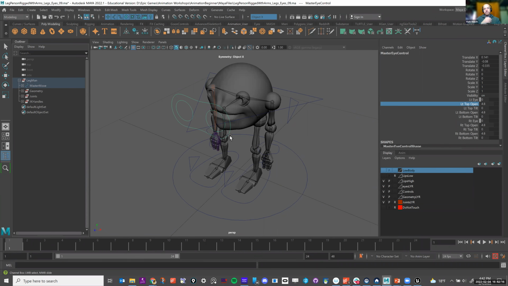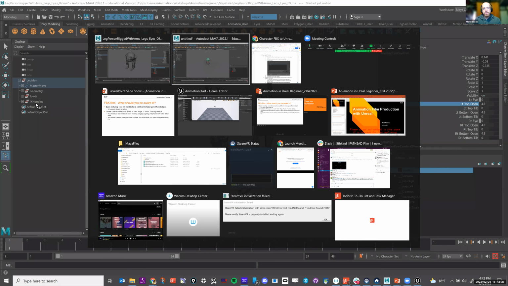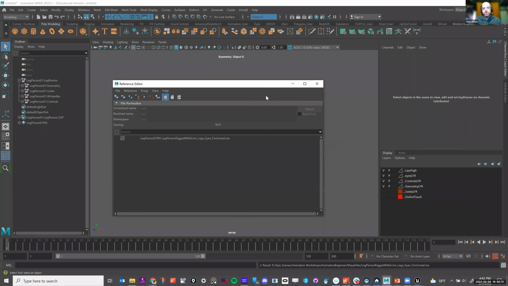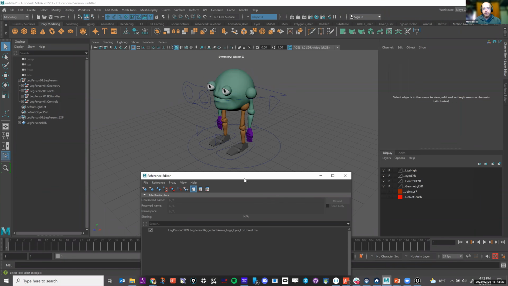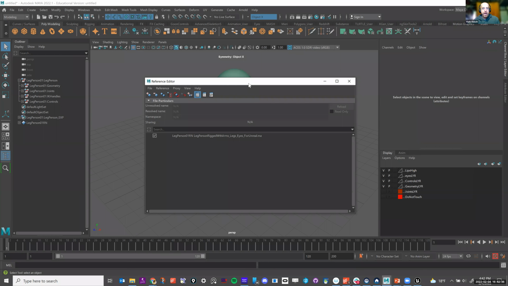The problem becomes that say I had this character open and I exported it out for Unreal. This thing doesn't have any namespaces, right? So it's fine. This is going to be my rig. But then once I bring the character and reference it into a file that's going to be animated, I'll be doing best practices of using the reference editor, but it's going to have a namespace on it. Now, the problem comes in when we bring it into Unreal, what we brought in was that original character, and it didn't have the namespaces on.